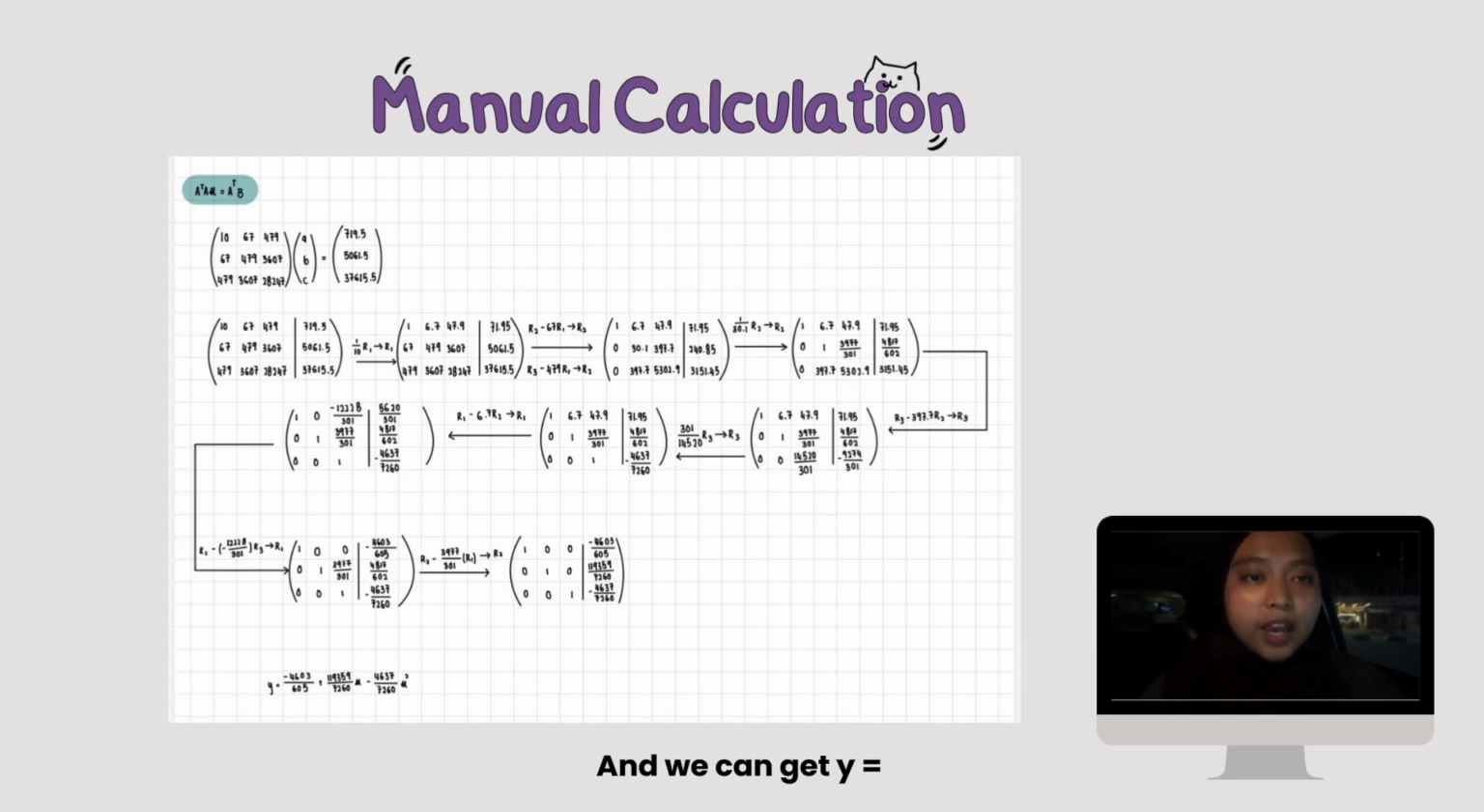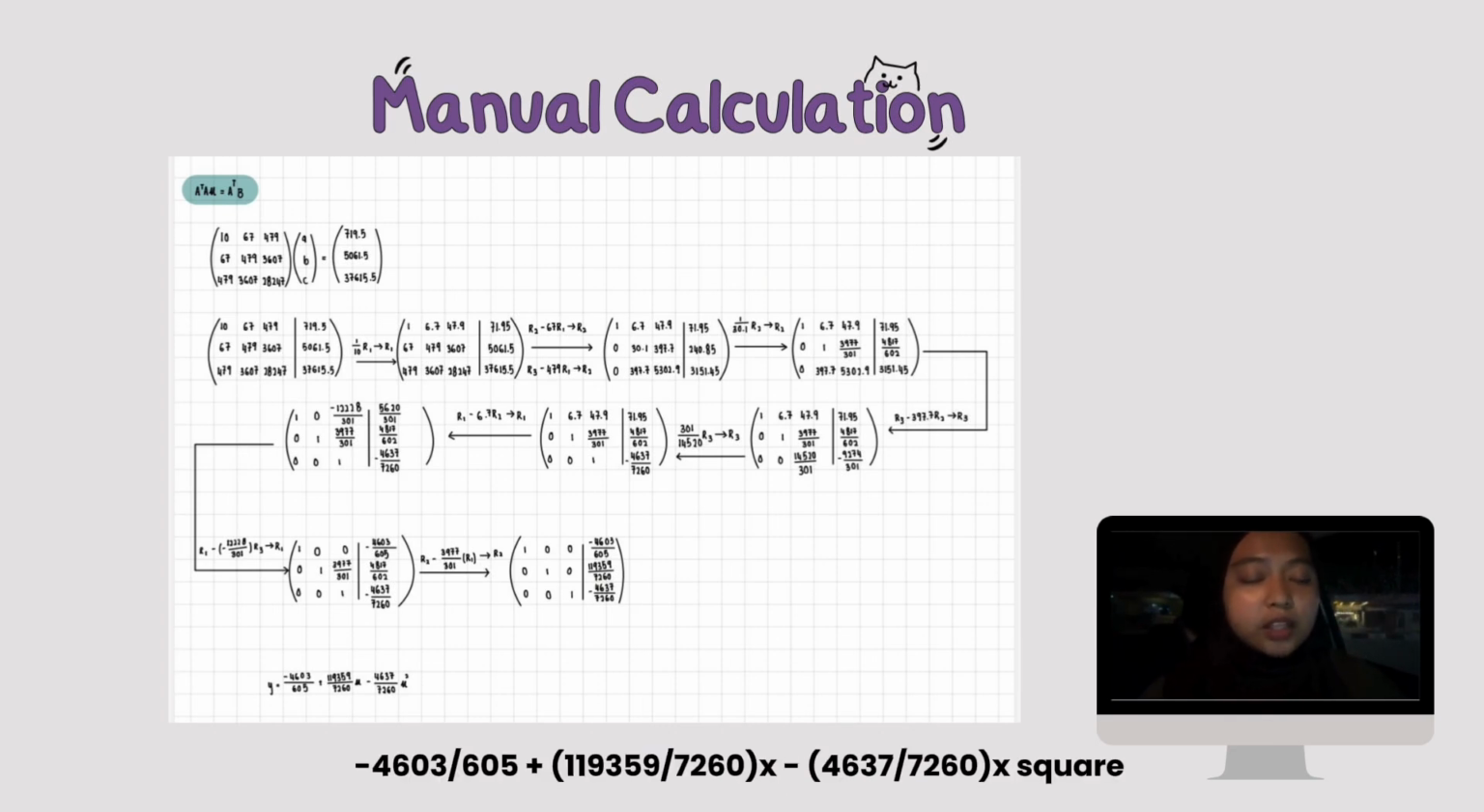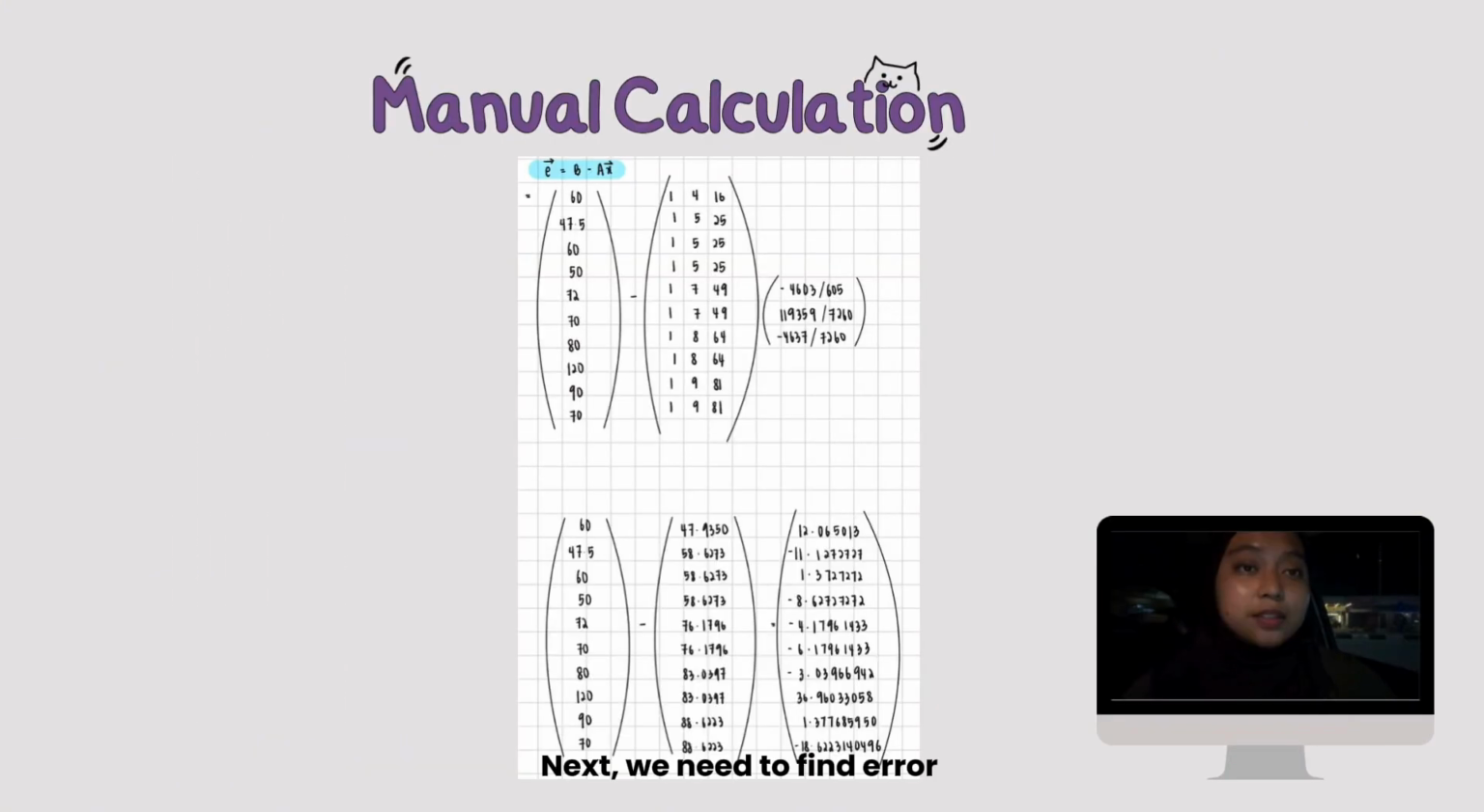And we get y equal to negative 4603 over 605 plus 119359 over 7260 x minus 4637 over 7260 x squared. Next, we need to find the error. The formula for error is B minus AX. For the final answer, we get